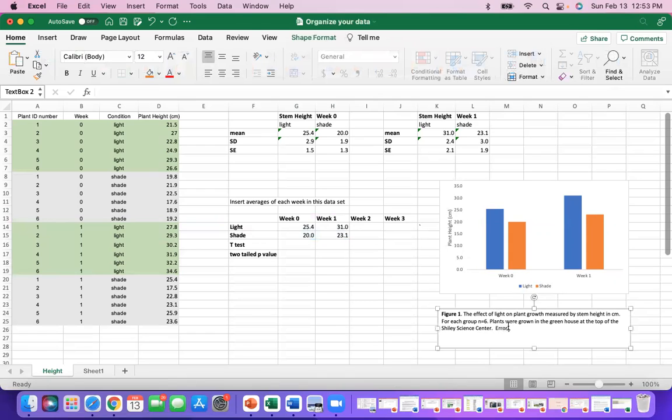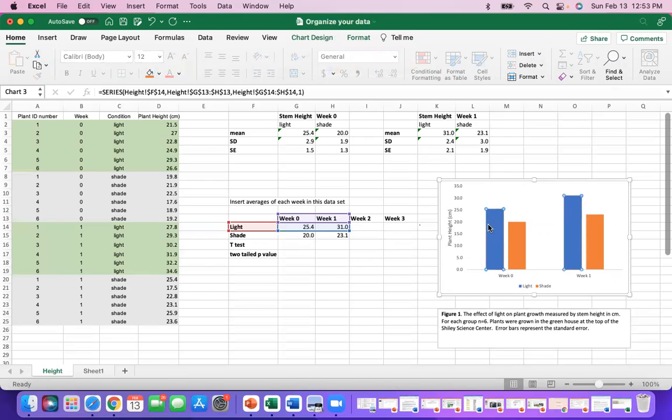And so error bars represent the standard error. Okay. So when I highlight the bars, notice that the first blue one and the second blue one is highlighted. So that means that I have to add the error bars according to what bars are highlighted. So if I was to take the standard error, I need to go to week 0. So blue represents light. And so I go to week 0, light is 1.5. And then I go to week 1, light is 2.1. And so now what I want to do is,